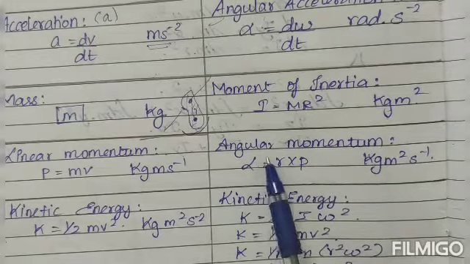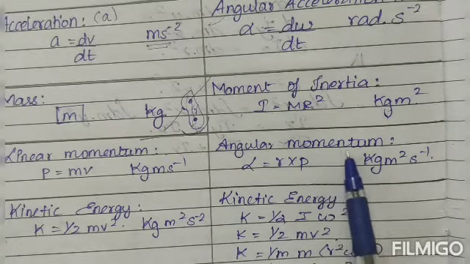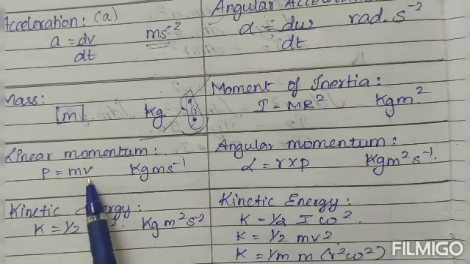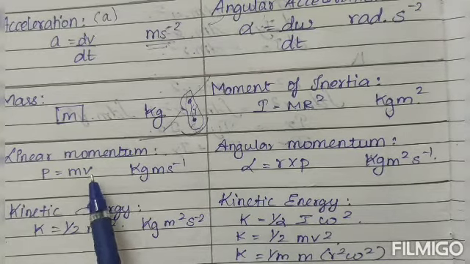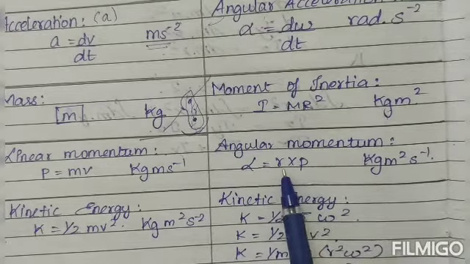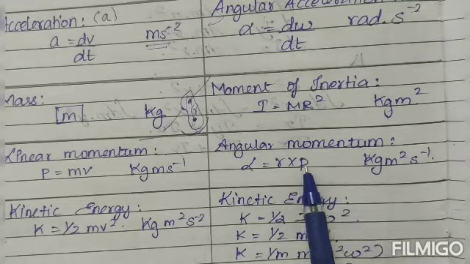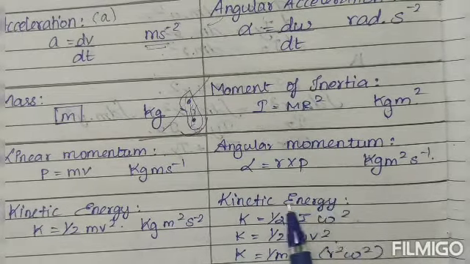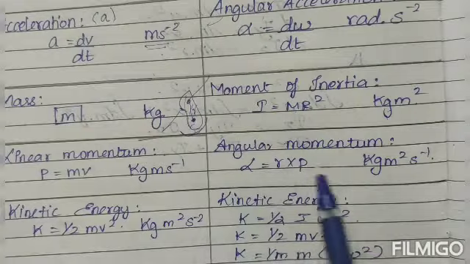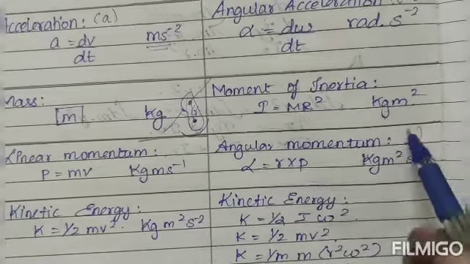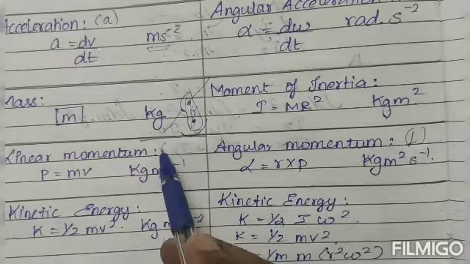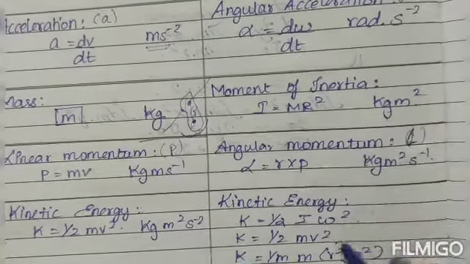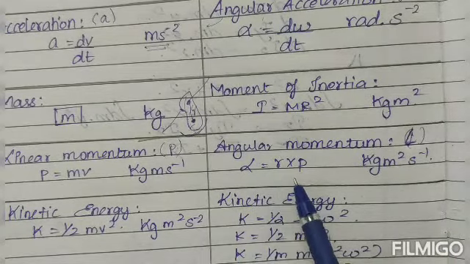The next one, angular momentum. Already it's a normal momentum, that is mass into velocity, the same mass into velocity moving along with some radius. So that is r cross p. Linear momentum gets a radius added, so the particle will be traveling in a circular path. That is the meaning. Linear momentum is P, but angular momentum is mentioned by the symbol L. So L is equal to r cross p.